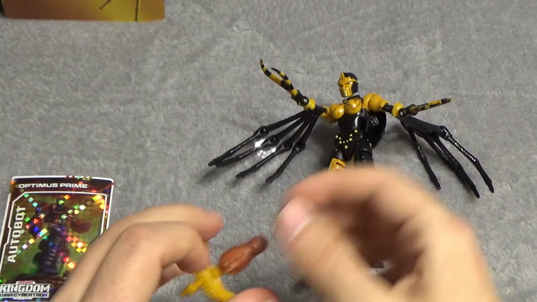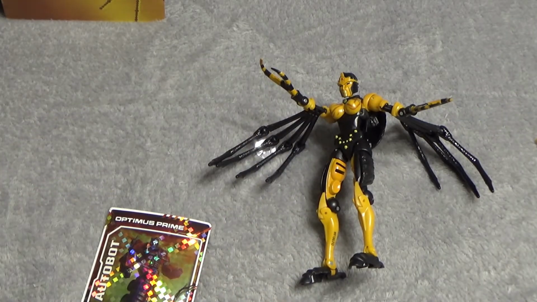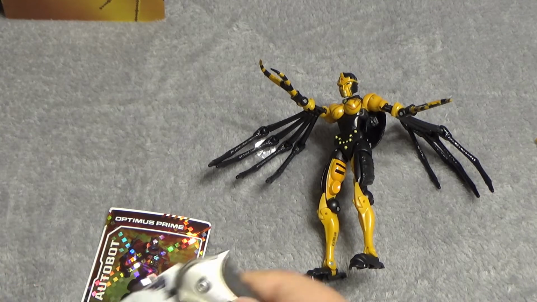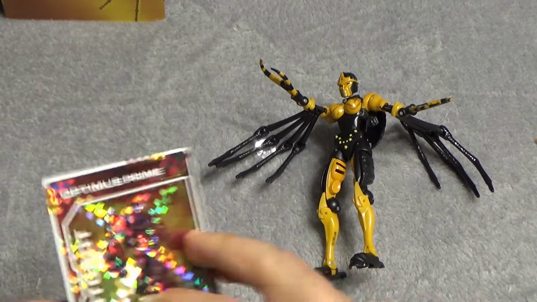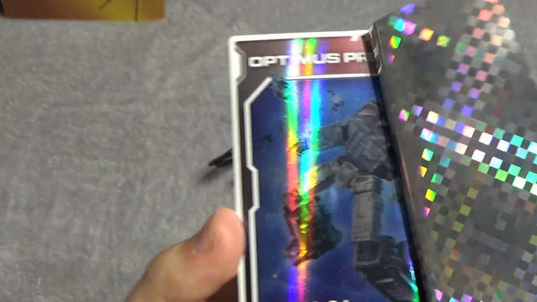And then, before we move on to the beast mode, I want to take a look at the Destiny card for Optimus Prime here. Why did I pull the knife out? What was I planning on doing with this? And a sticker. Here we go, and...